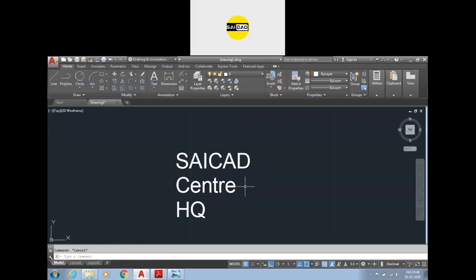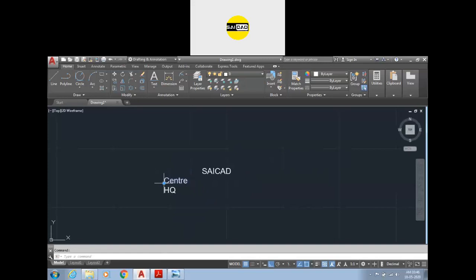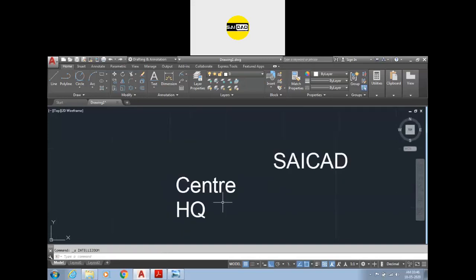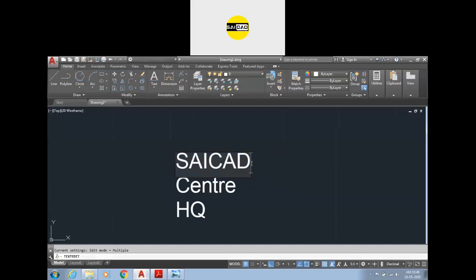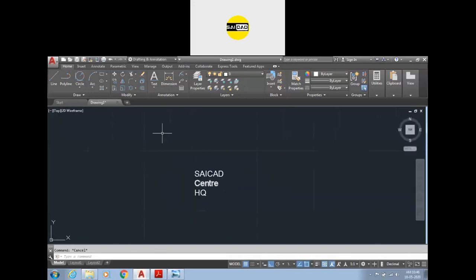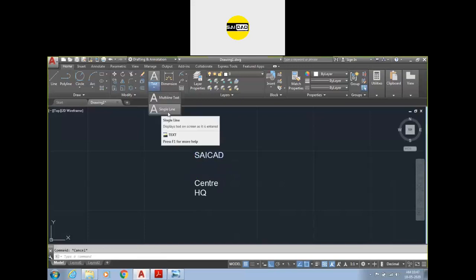Okay, and next, if you select the objects, all the objects are different. All the text is on a different line. You can just move that. So you see, I have created the text by just pressing the enter. I have not created another text. I have just pressed the enter button and we were shifted to the second line, but the text is separated from that because we have selected the text type to single line.